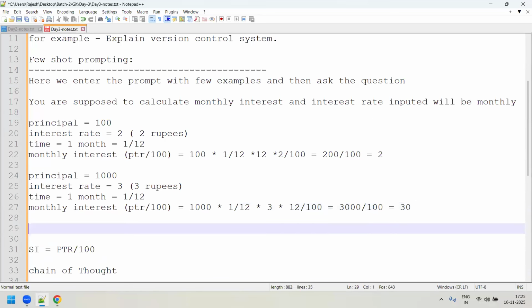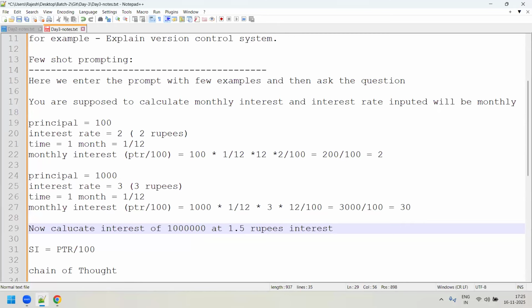Now what you're saying is, okay, now calculate the interest of 1 lakh rupees. Assume that I'm giving 1.5 rupees interest. I need to calculate how much is the interest for 1 lakh rupees. If I'm giving an interest rate of 1.5 rupees for 100, it means that 1.5 rupees per 100 rupees I will be charging as interest. So let us see how you are going to get the output.